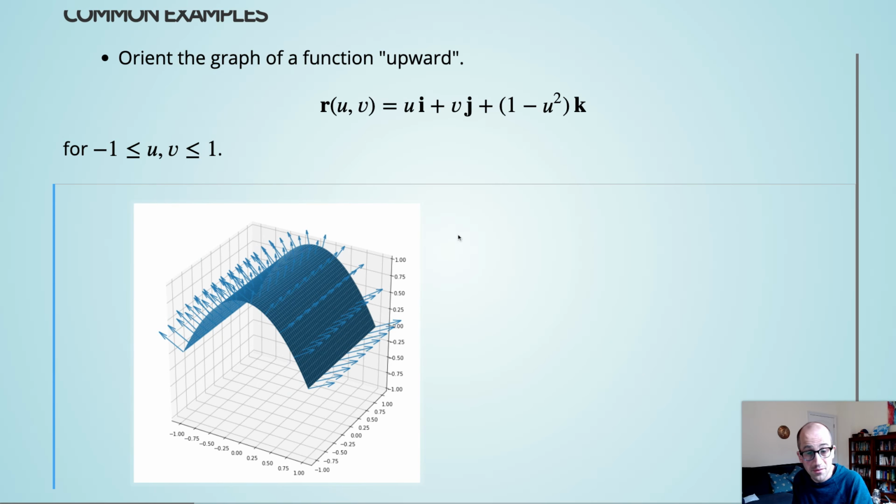And we can say what we mean more literally here. How does that work? Well, when I choose this parameterization, I already know that my surface is oriented upward. Here's how I know that. I can take out my pen here. If I start computing RU cross RV,